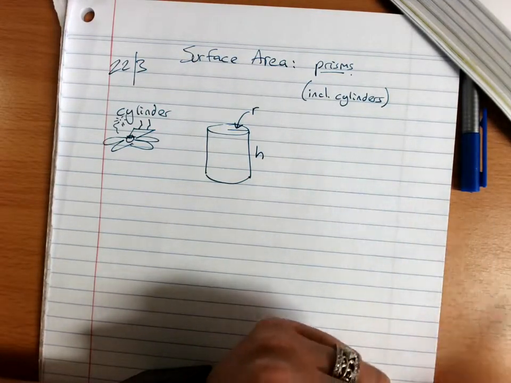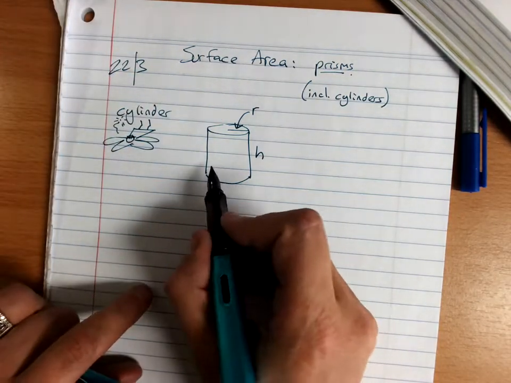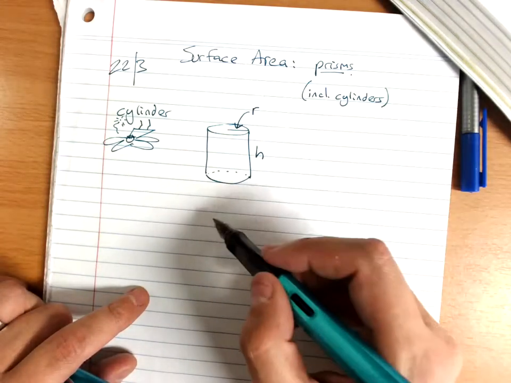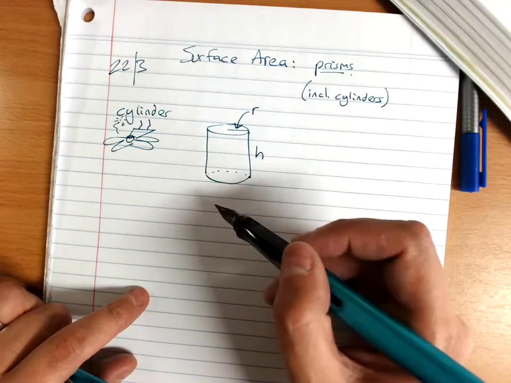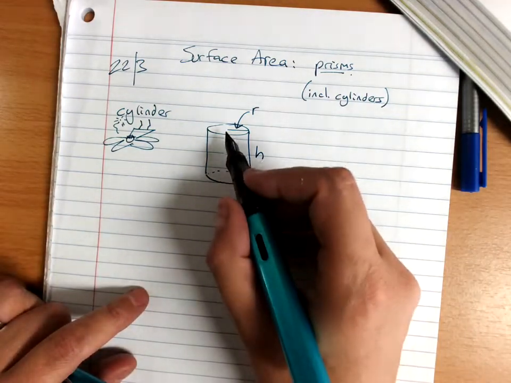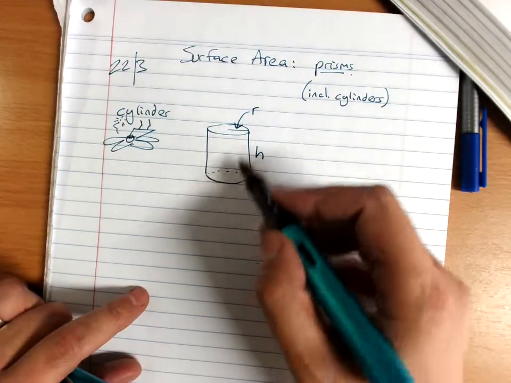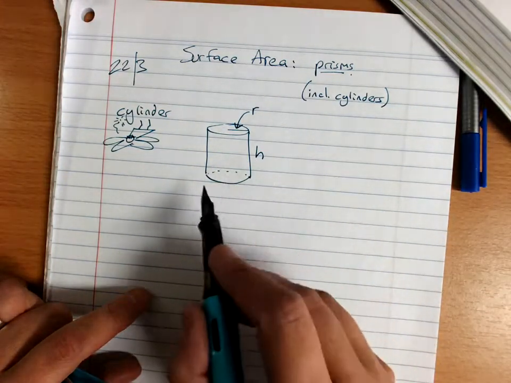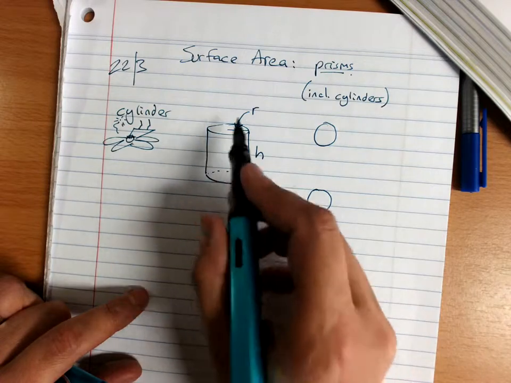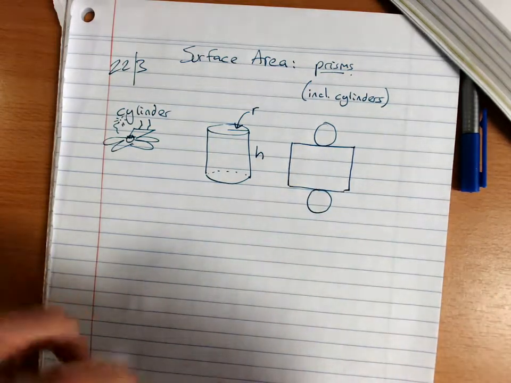Any prism, the surface area is the two identical cross-sectional faces. So a prism is a shape with two circles, one on either end, and anywhere I cut through that, I'd get a circular cross-section. So the cross-sectional face, there's two of those, so there's two circles. Every prism is therefore two of its cross-sectional faces plus a rectangle that wraps all the way around the perimeter